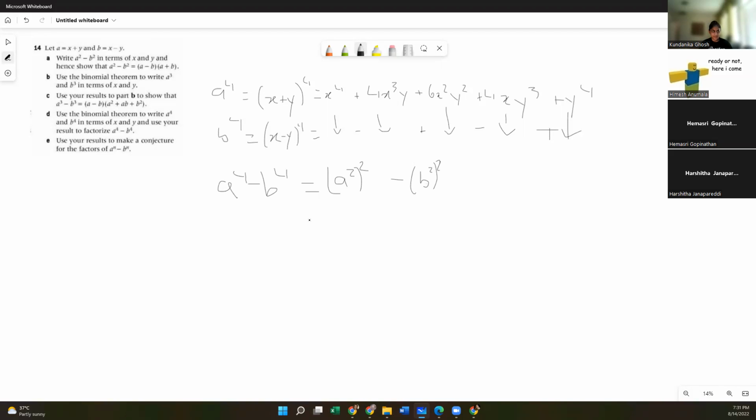Again, this isn't how I did it, so this might not work out, but it should. So a squared in this case is literally a squared, and b squared is literally b squared. So you get a squared plus b squared into a squared minus b squared, right? And then we can rewrite this as a squared plus b squared, because you can't re-expand that, so a squared plus b squared times a plus b into a minus b, right?